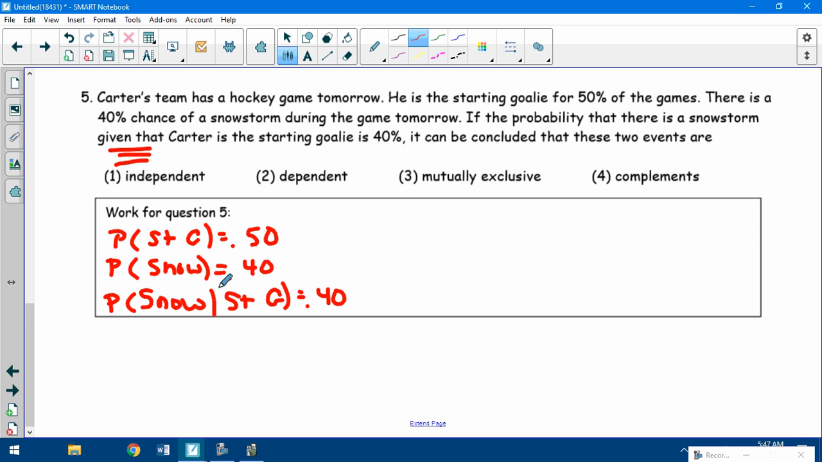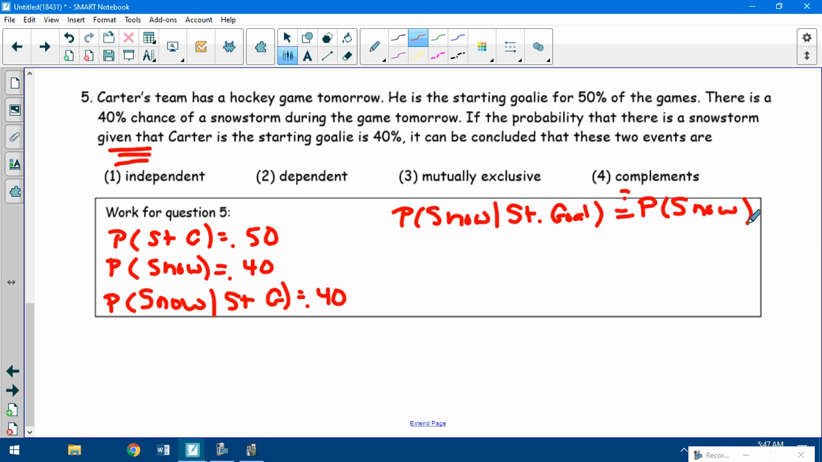A lot of people had this wrong here, so be careful of what you do. Based off the information I have, it'd be easier to use the given definition. So is the probability of snow given starting goalie